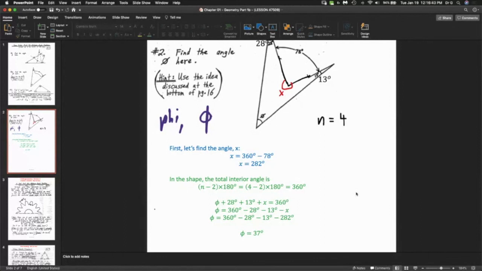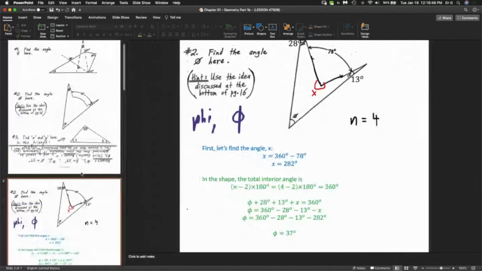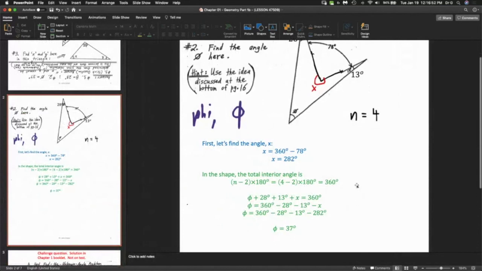The next question is a challenge question. So before I proceed, does anybody need a little bit more time with this? Does anybody need a little bit more time with this question? I will post these solutions on Blackboard. Yeah, no problem, Michelle. I'll give you another minute, okay? So as you noticed,